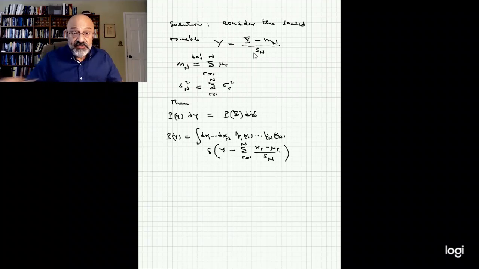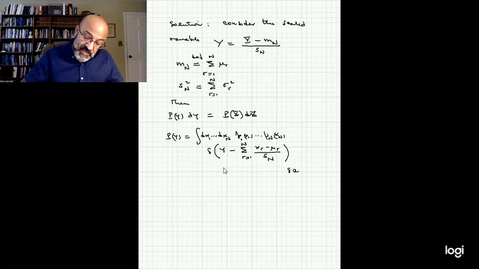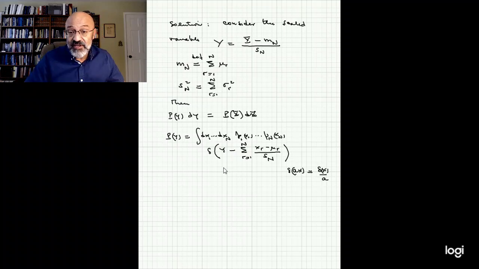So this is the result. Do the transformation exercise. You're going to have to worry about what happens when you have terms in a delta function, like delta of x over a. You have to worry about some of those things, but this is the result. And now the issue is to compute this integral. This can be done in different ways, but one convenient way is to use Fourier transforms.